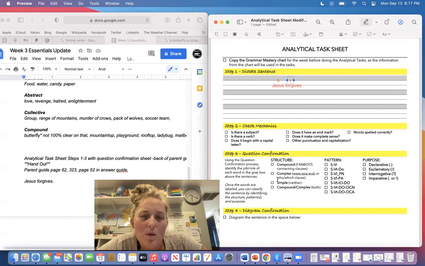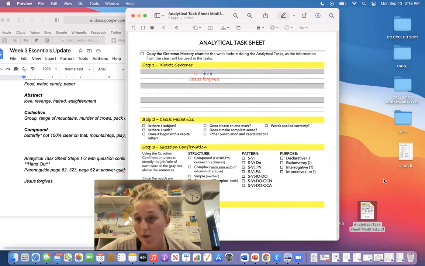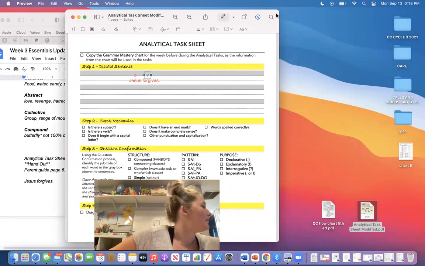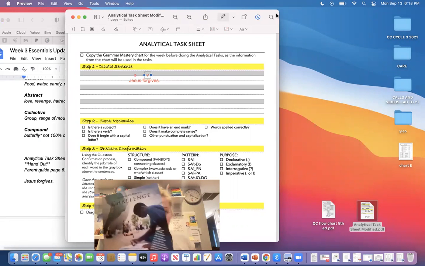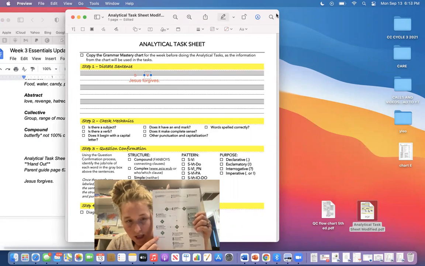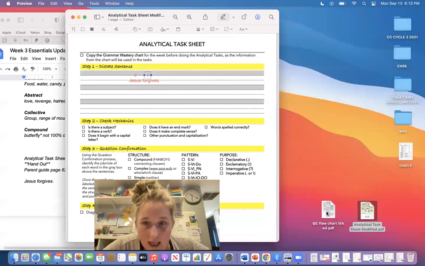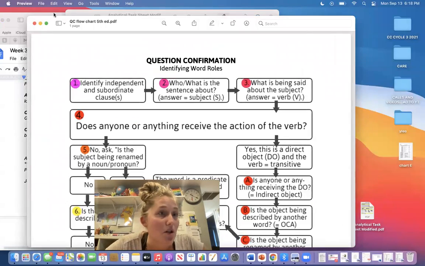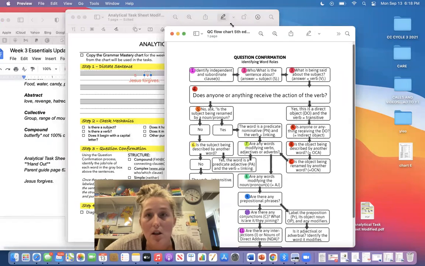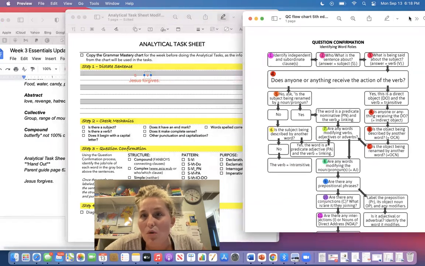And we are going to ask some questions because we need to know if we have figured everything out and we've labeled it correctly. So I also have another really cool handout that I didn't give everyone in class. I could not find it during the day of class. So I just used the one that was at the last page of your parent binder. Has a really nice analytical task sheet. A question confirmation sheet that you can use. And then I also have this colorful one that gives numbers to the arrows, so it's easier to follow along with in class. So I'm going to put that right over here, and then we're going to do the steps